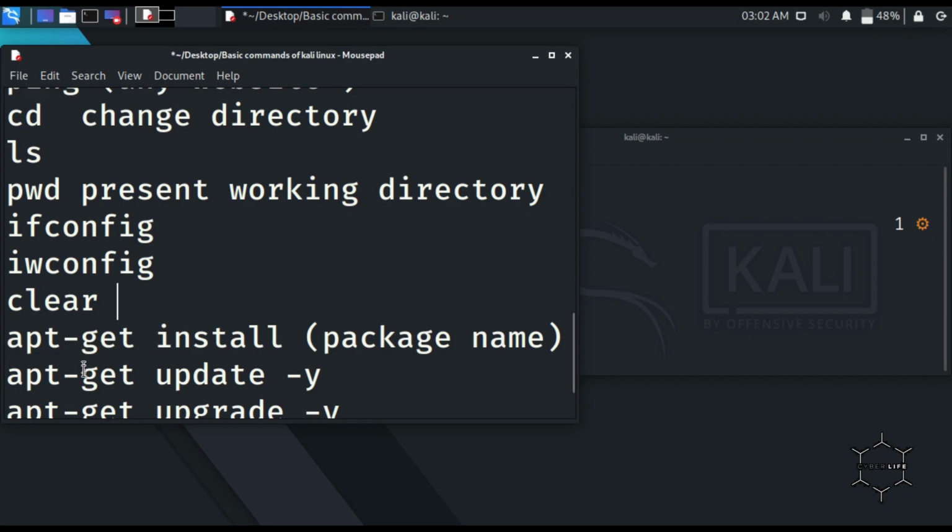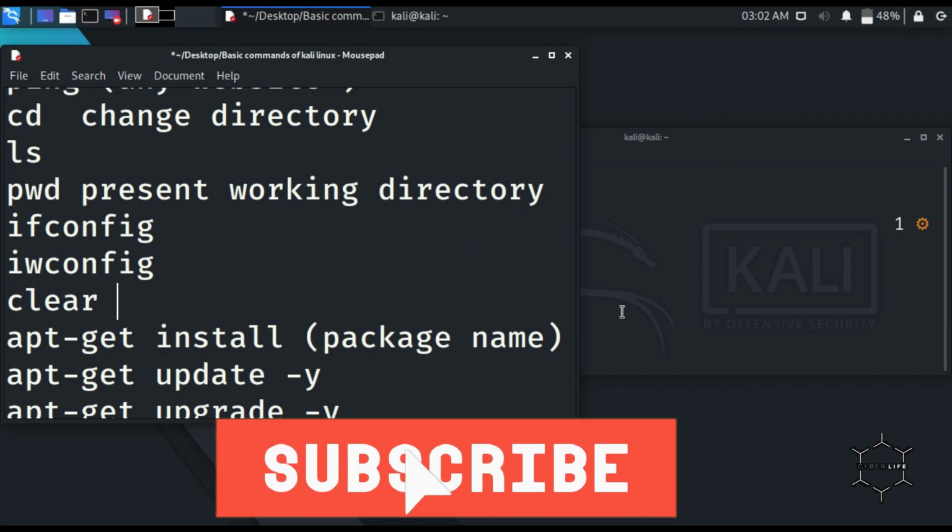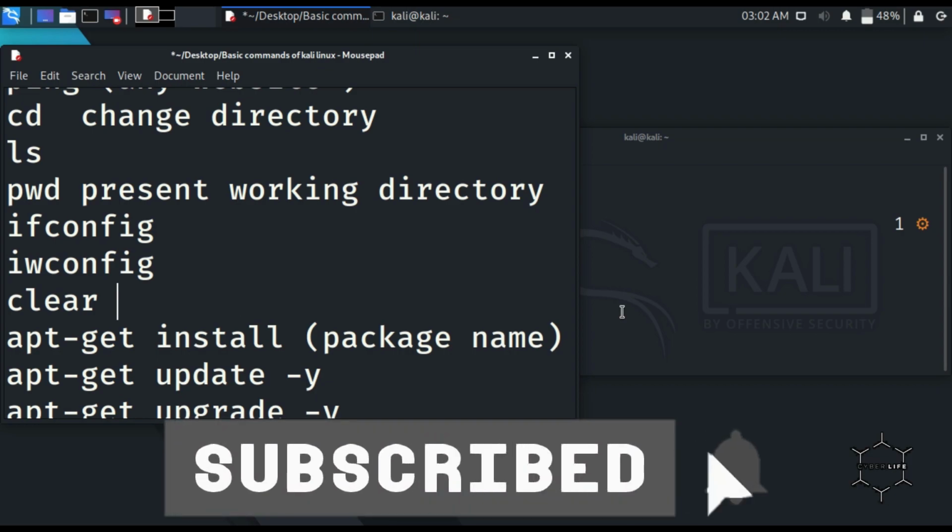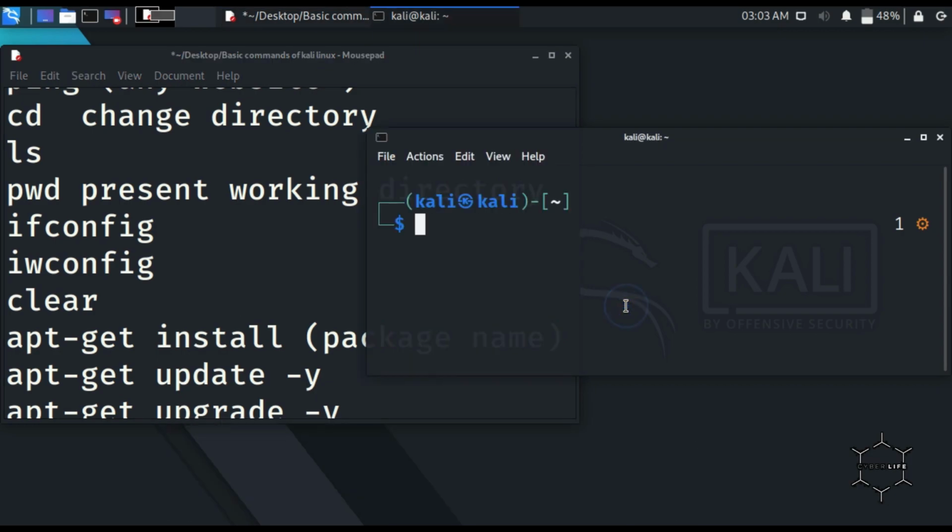So we have not used this command yet. This command is used to install any packages. In Windows, we install screen recorders and many other software through a GUI, because they have a proper interface: you click on accept, enter, and at last we install them. But on Kali Linux, we can install manually in the terminal. So I will give you an example of this.